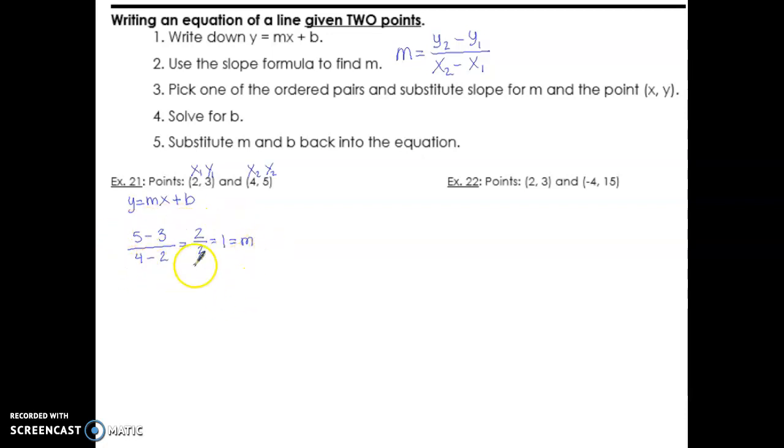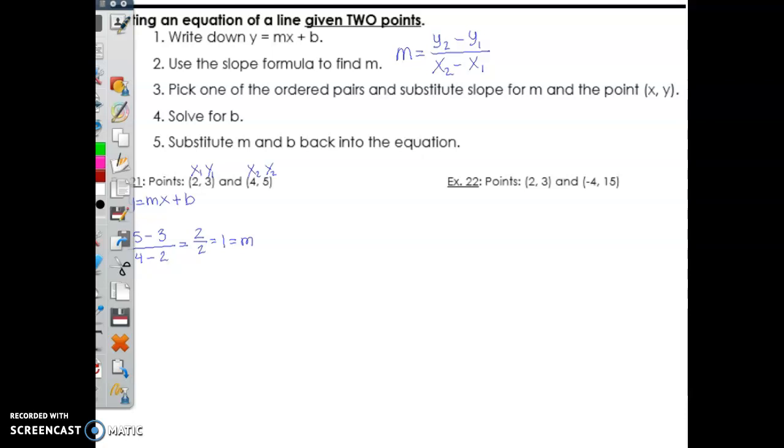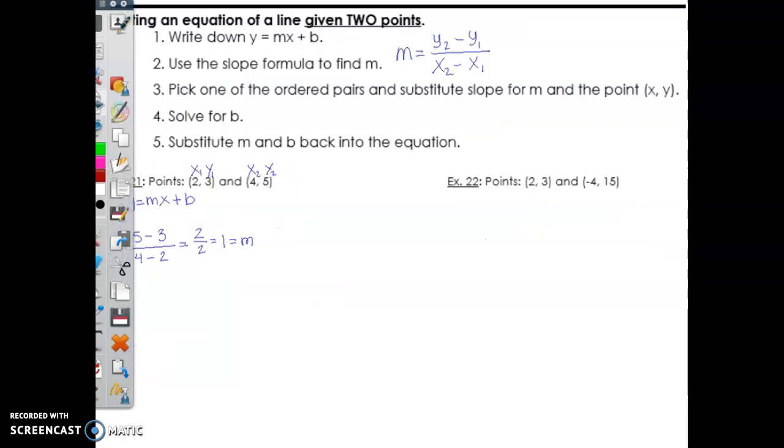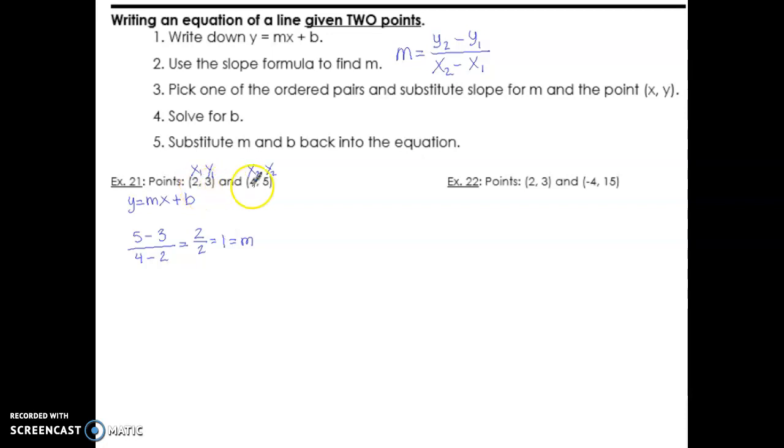So now we're at the same step as our previous points, right? We have 1 point and our m. So we have our m is 1, and we have one of the points. We can choose either one of these points, it doesn't matter. I'm going to choose this one because it's smaller numbers. So now I'm going to replace my y is equal to mx plus b with everything I've found so far. So y is 3, is equal to m, which is 1, times x, which is 2,